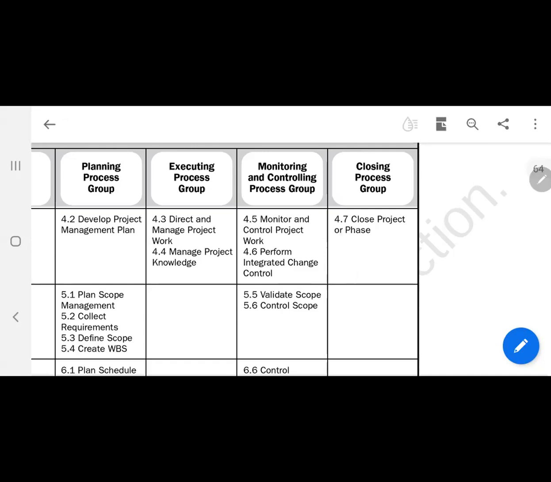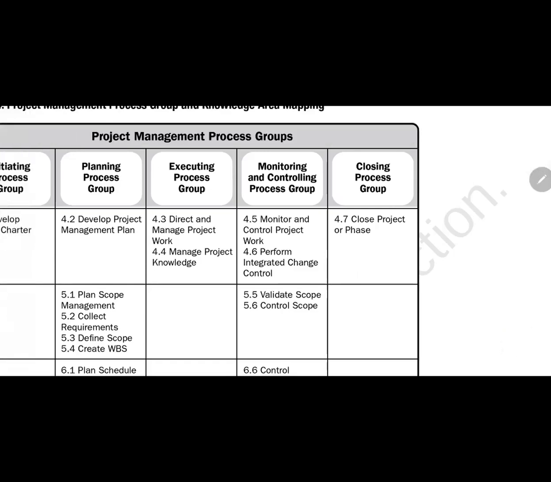Then they will be moving straight to close 4.7, close project or phase. Remember, this closing process group is not closing only the final project at the end. No, it also closes a phase, every phase of a project. Remember, a project can have around 7 phases. Phase 1, conception. Phase 2, design. Phase 3, prototype. Phase 4, build. Phase 5, test. Phase 6, release. Each of those phases has validate scope and